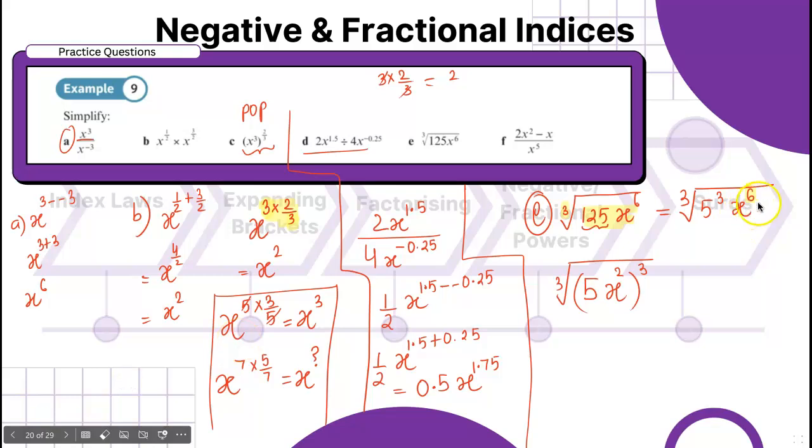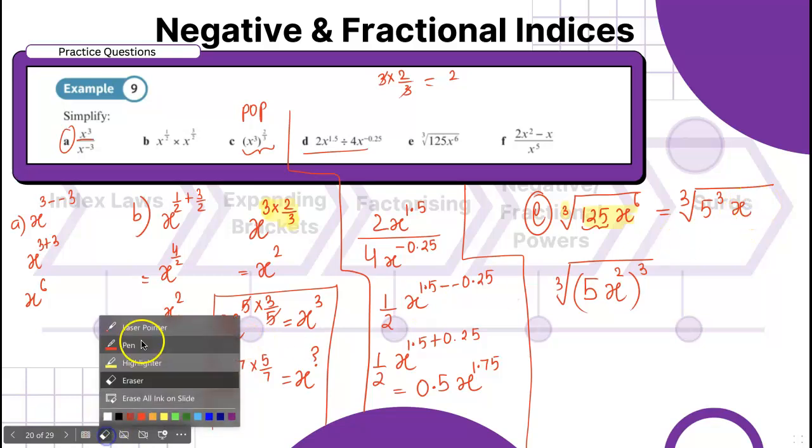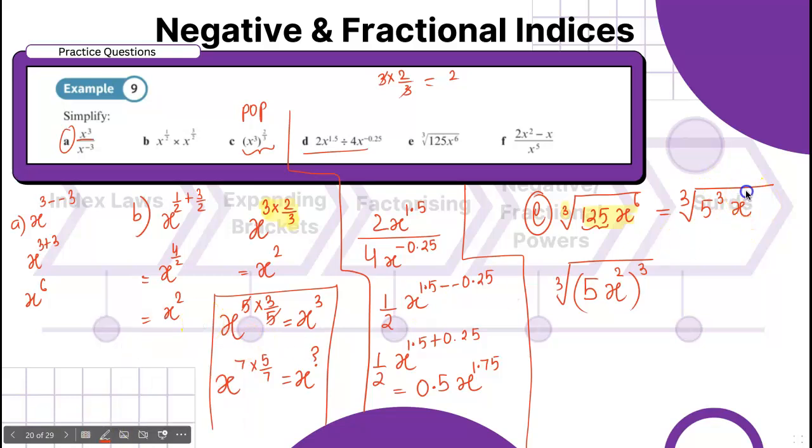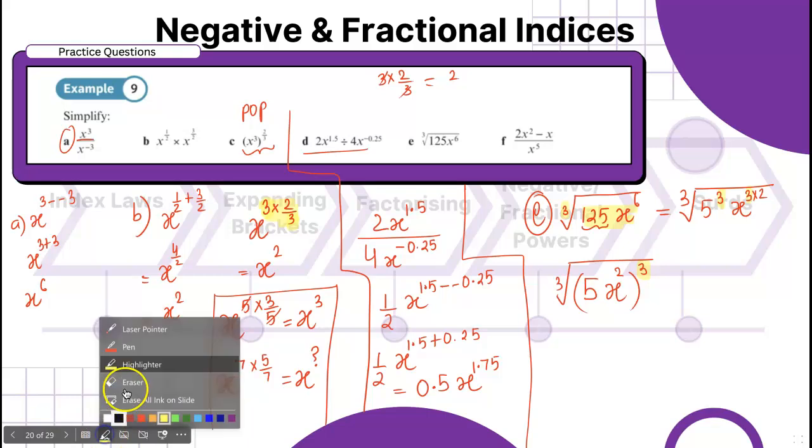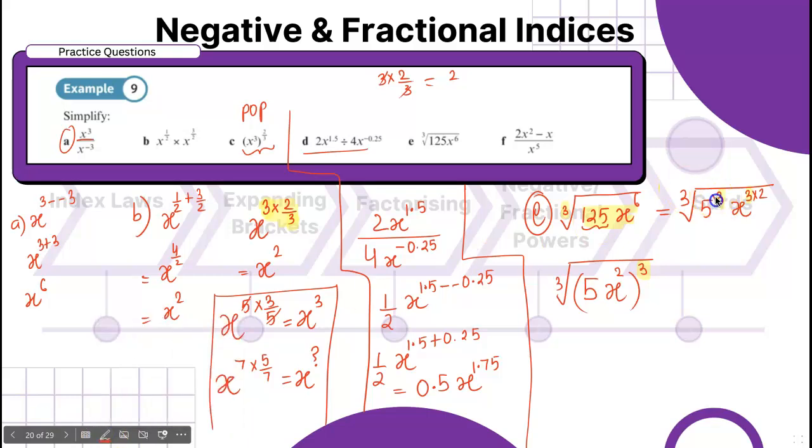So if I just erase and try writing it to be 3 times 2, the next step is we are going to be taking this 3 out as common. So if 3 is out, this one is going to have nothing. Can we write times 1? So 5 to the power 1 times 3, so you are left with 1 only, and x to the power of 3 times 2, so you are left with 2. Does that make sense? Any connection there?